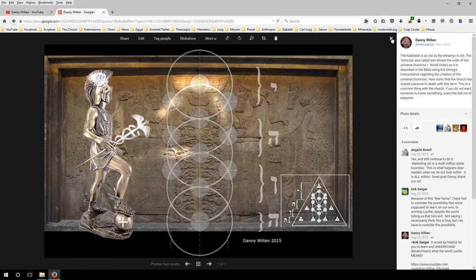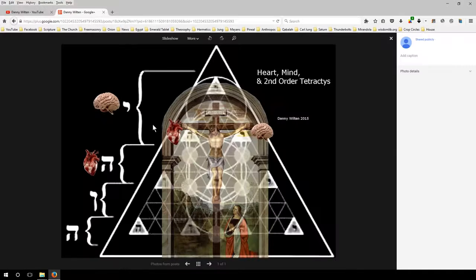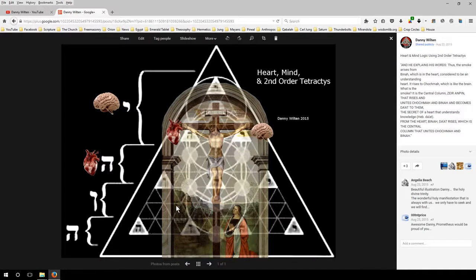Same thing that we see right here with the Assyrian tree of life. And here's an image of Christ. Let's not confuse Jesus with Christ. Christ is a title. That was not Jesus' last name. It is a level of consciousness that can be achieved. I just want to make sure that everybody understands that. So when you see Jesus on the cross, it's actually a representation of you or any man rising himself up the tree. And what it says is in the Zohar, heart and mind, okay, it says, and he explains his